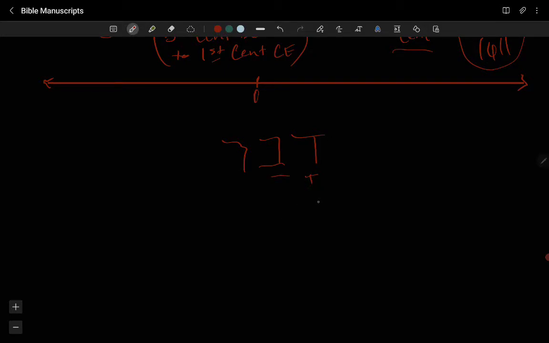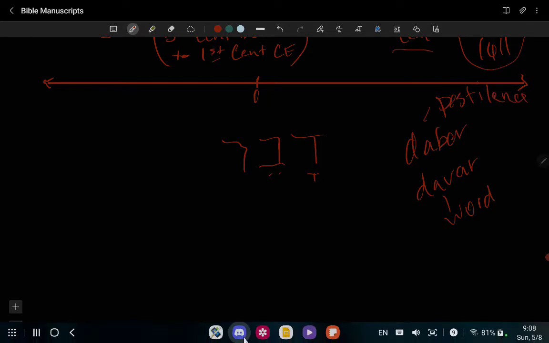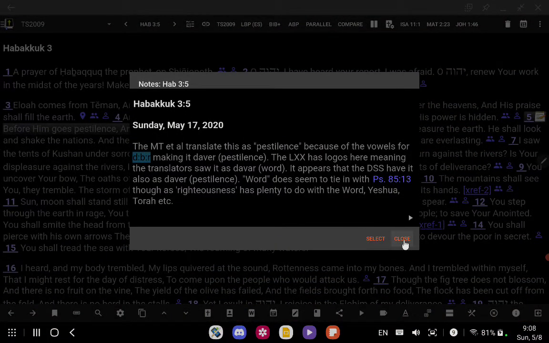But apparently, and I'm not entirely sure on how this is written, it's daber versus davar, and this one vowel change right here changes it from word or matter or thing to pestilence or sickness or something like that. So let's go back and look at the Bible, and I'll just go ahead and close this,